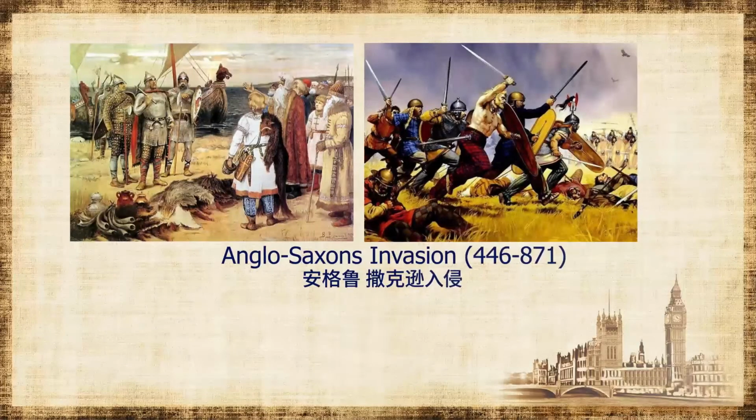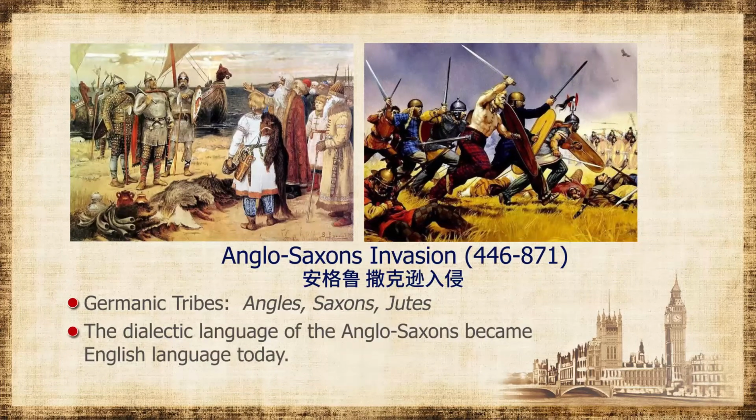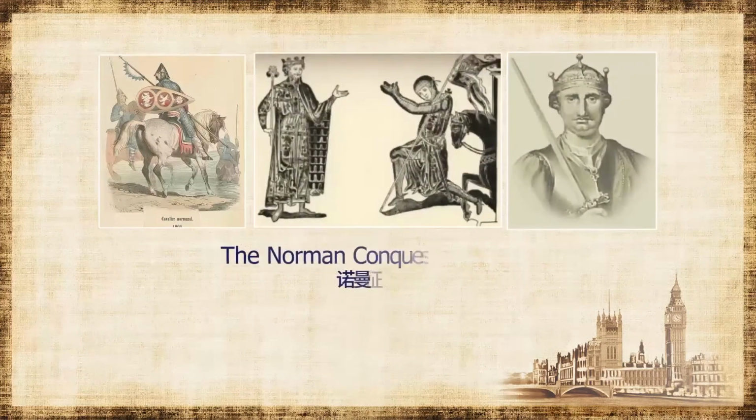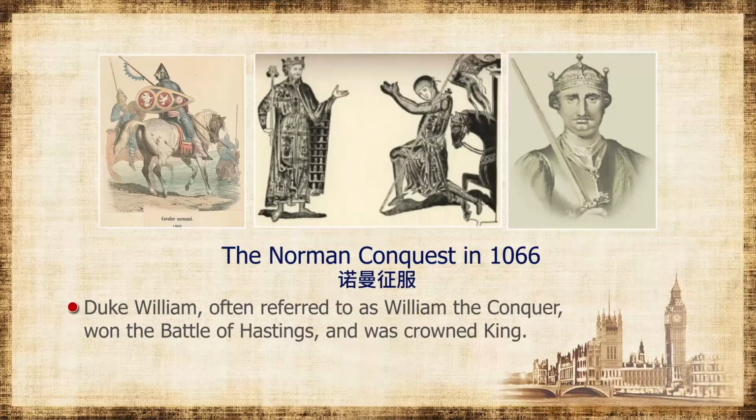During the Anglo-Saxon period, the biggest legacy was their language. The dialectic language of the Anglo-Saxons became the most commonly used language in the world today. After the Norman conquest, the consequences were many and varied. The French Normans brought many changes to the country. Anglo-Saxon elites, the largest landholders in England, were replaced by Franco-Normans.